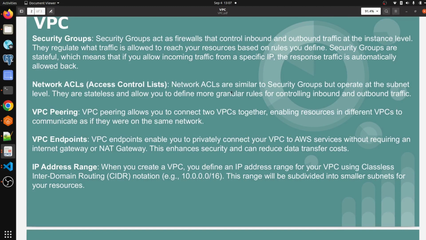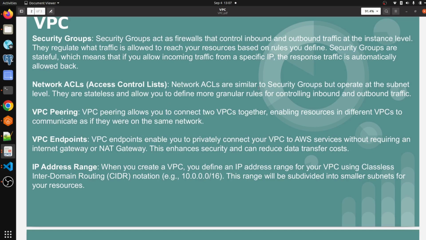Then we have the NACL, network access control list. A network access control list is similar to a security group but operates at the subnet level, meaning it is associated with the subnet. They are stateless and allow you to define more granular rules for controlling inbound and outbound traffic.